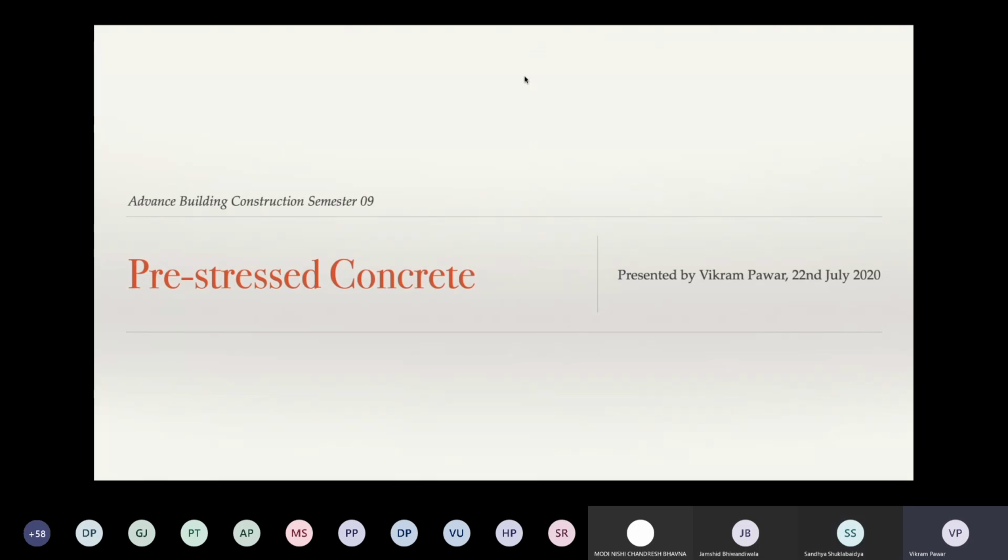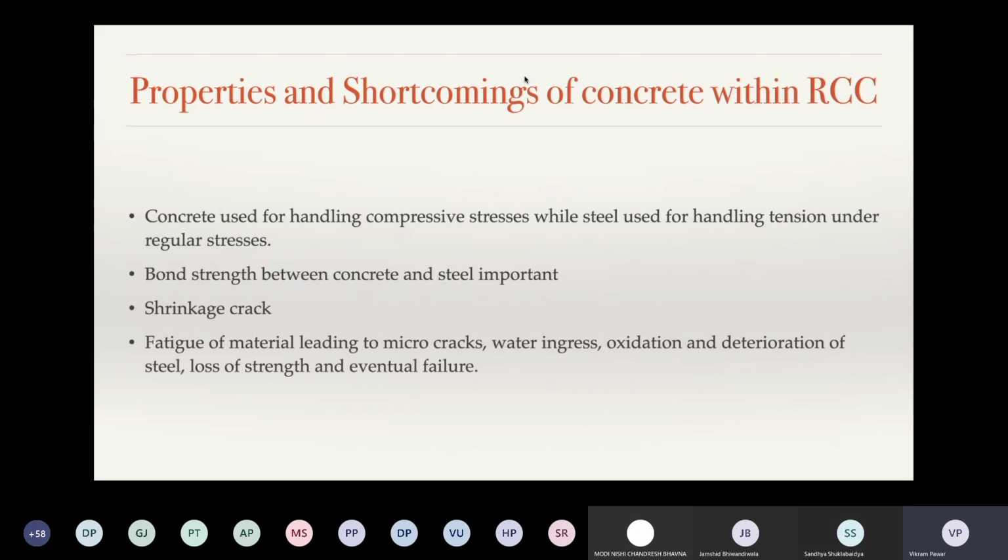So, pre-stressed concrete. Okay. Why pre-stressed concrete? Why is it that